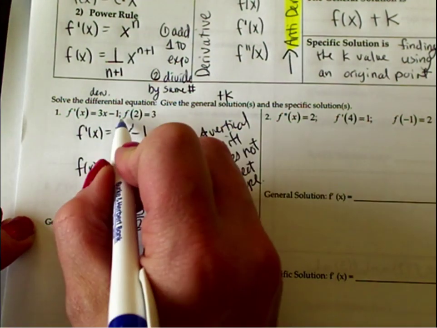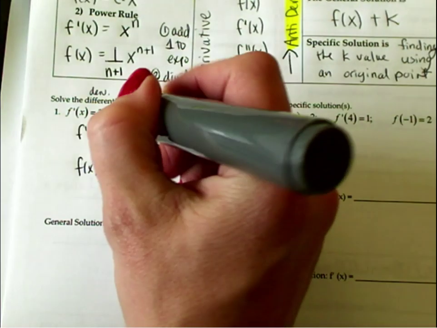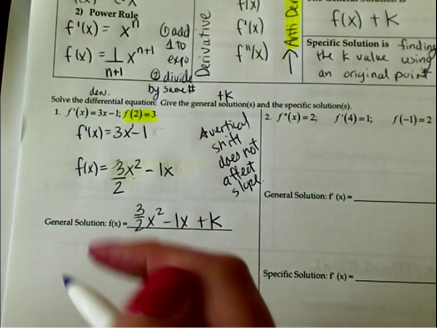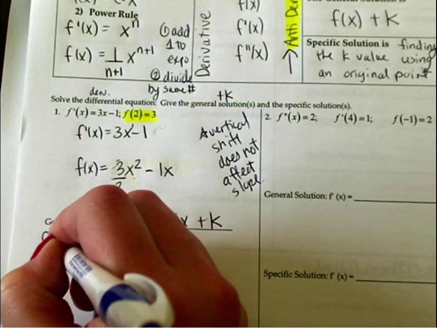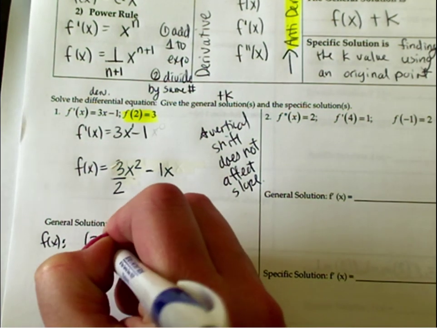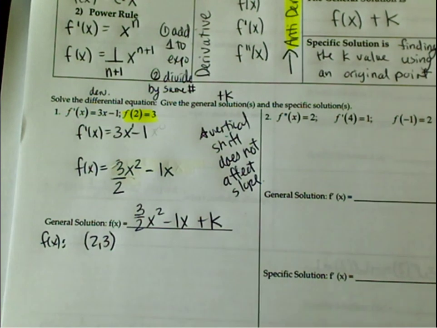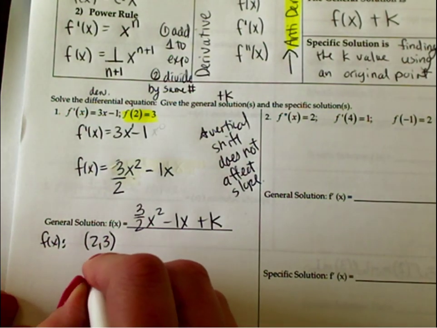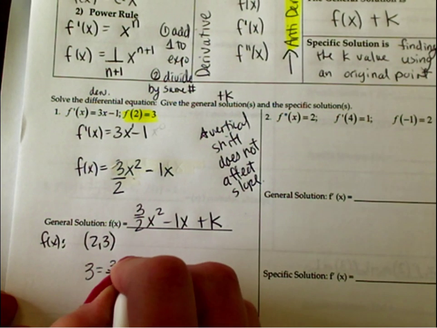Specific solution. Notice this second piece of information here. It says f of 2 equals 3. And so on f of x, we have the point 2, 3. Plug it in and find k. The specific solution actually has a number for k. 3 equals